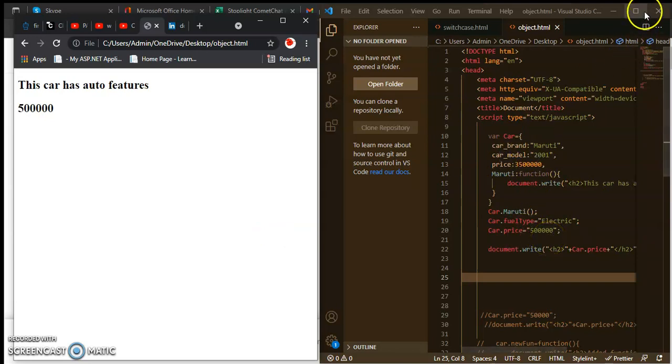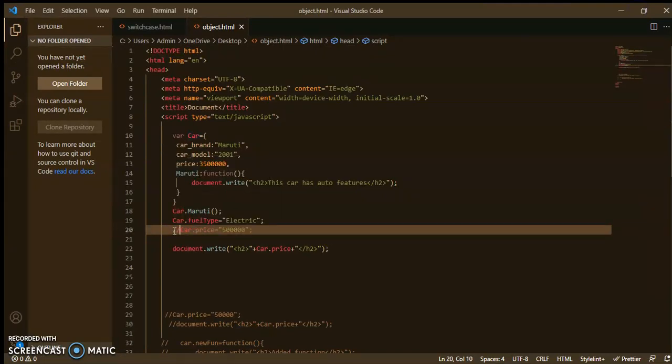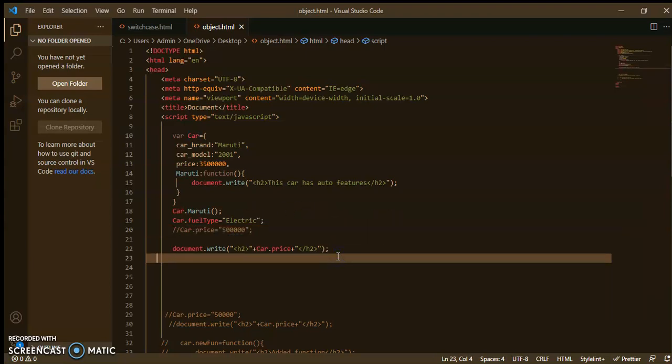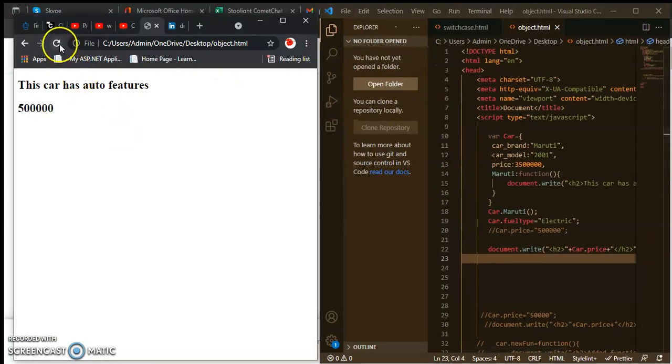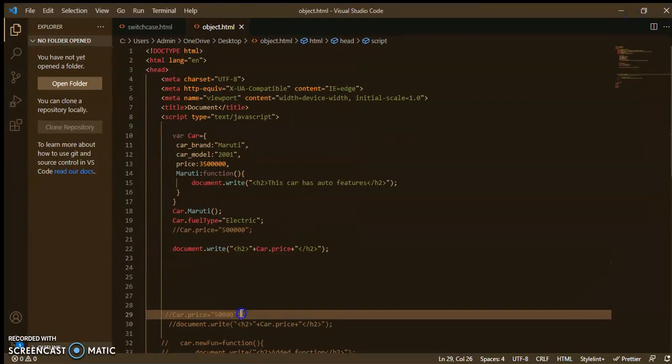And if I comment out this value, then it will display the original one, whatever is inside the object, 35 lakh, right? And if I delete this price...